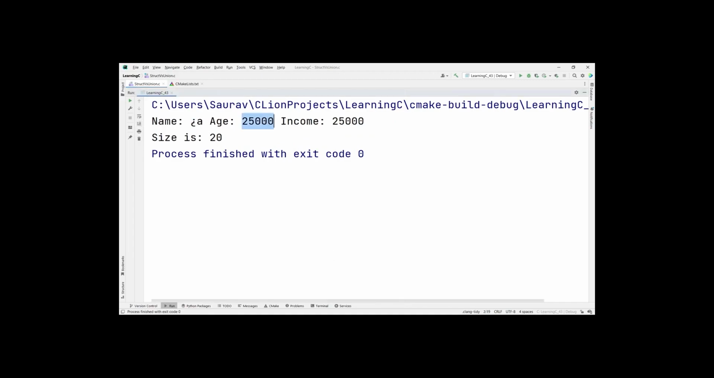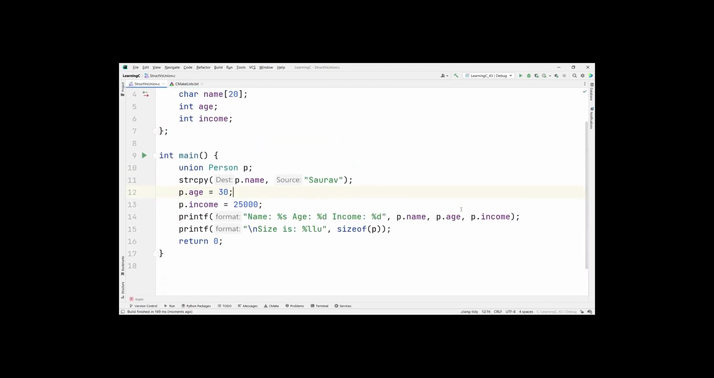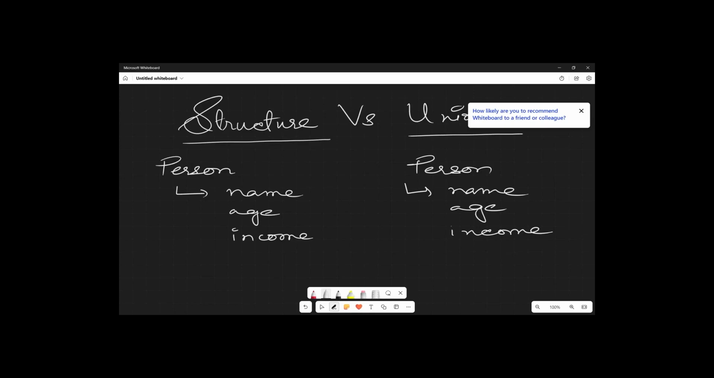Name is not coming, age is 25,000, income is also 25,000. So the last one is getting here. See, this is the current one that is visible right now. So if I go to my whiteboard again and try to explain you the same thing,